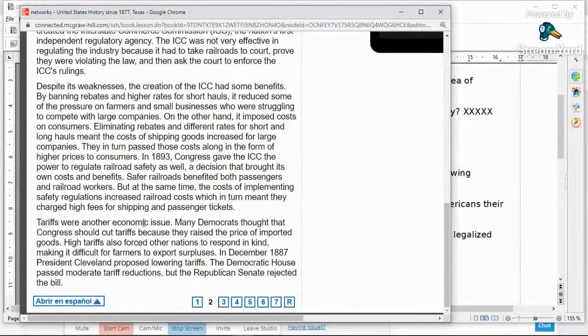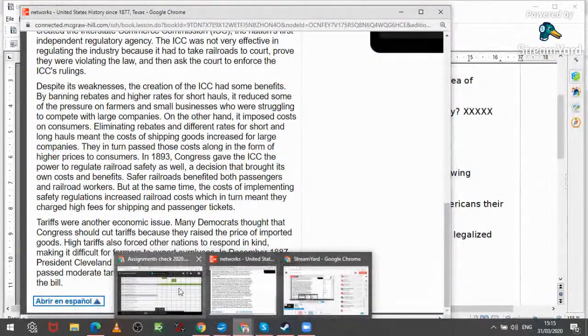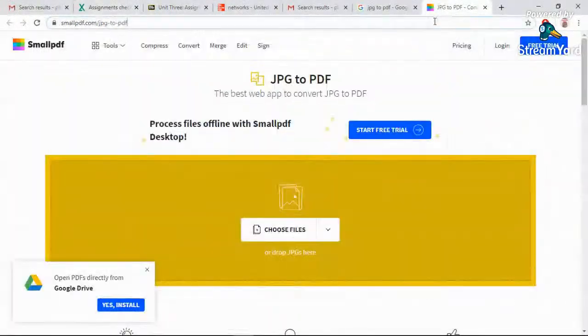Tariffs were another economic issue. Many Democrats thought that Congress should cut tariffs because they raised the price of imported goods. Higher tariffs also forced other nations to respond in kind. So this becomes an issue all throughout American history. Even today, we're having tariff debates. A tariff is a tax on imported goods. Brazil has the same debate. Brazil has very high tariffs. That's why if you go to buy an iPhone in Brazil, it's very expensive. But if you buy an iPhone in America,